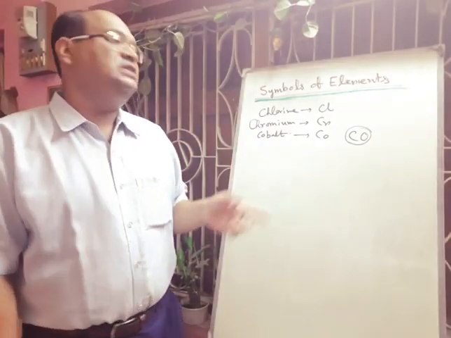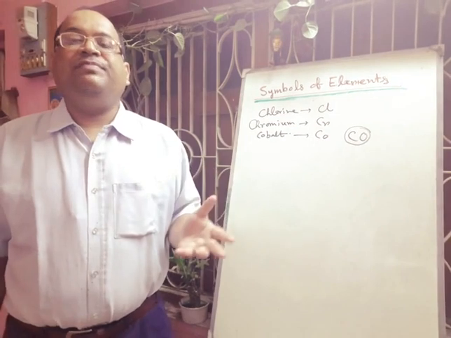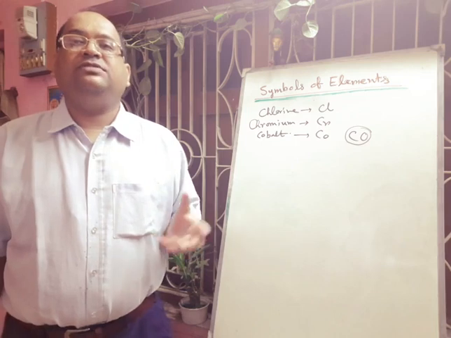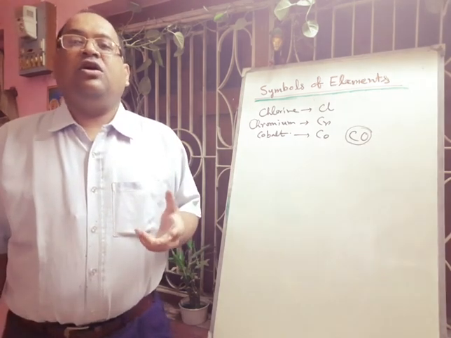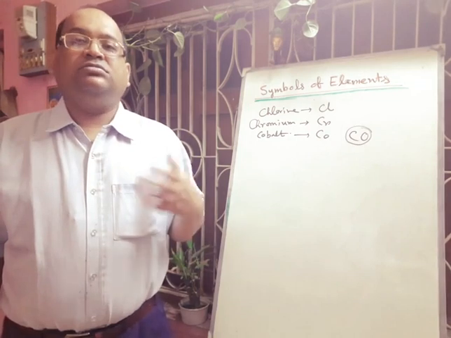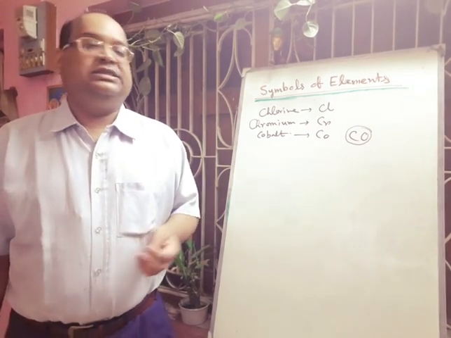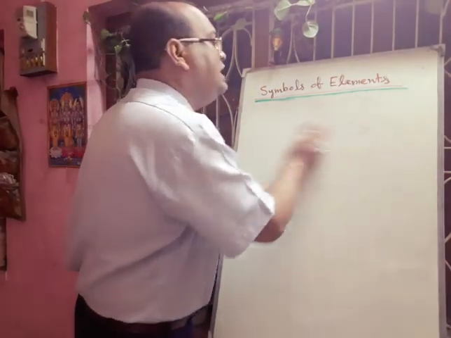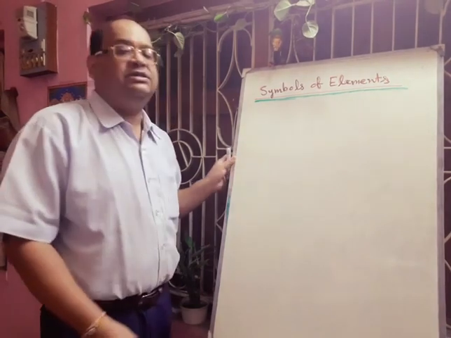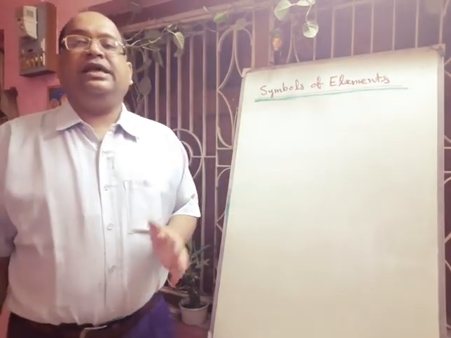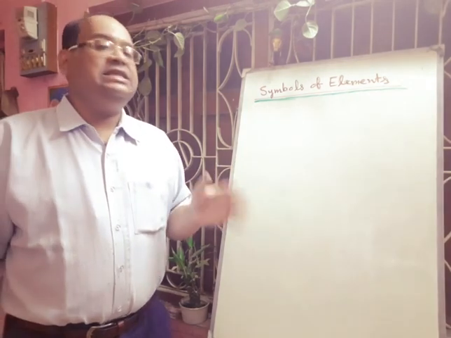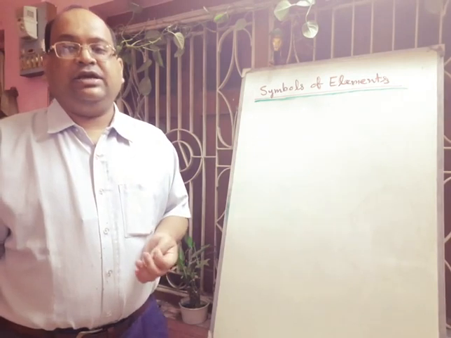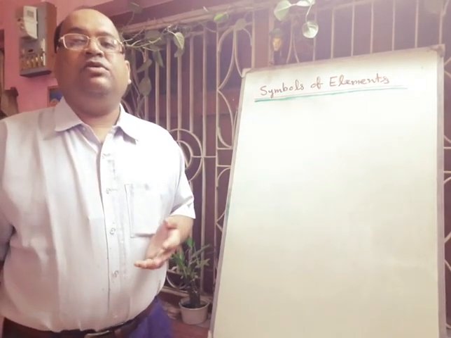Now the symbols also represent an atom of a particular element only. Like hydrogen represents only one hydrogen atom, oxygen represents only one oxygen atom. Some symbols have been taken from the names of the elements in Latin, German or Greek. Generally, the symbols we write are taken from their English names, but some are not taken from the English name; we take them from the Latin, Greek or German name.